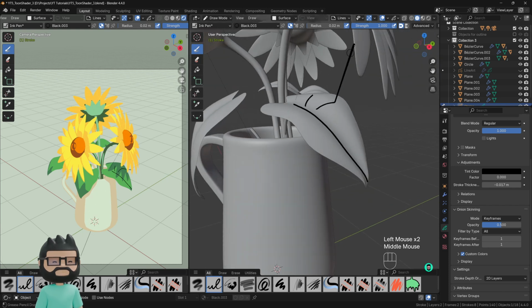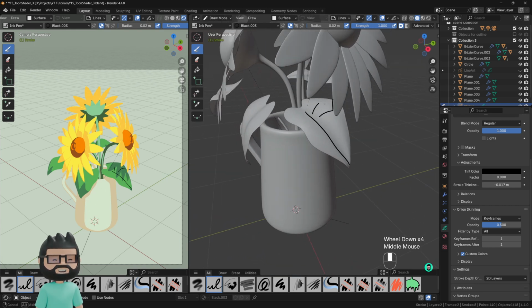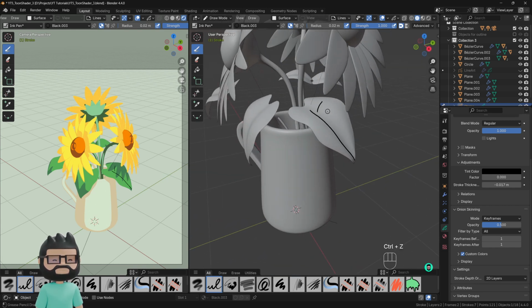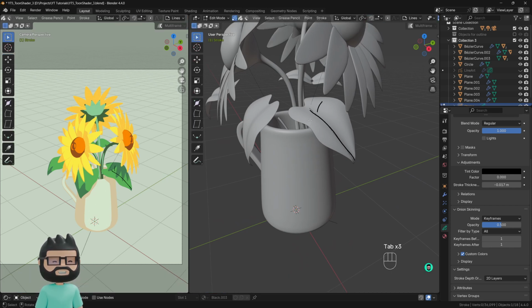Now you'll notice that the flower was in front, so the stroke jumped from here to here. So this is another issue that you'll be facing, but to fix this is simple. You just need to select the objects that you want to draw on and go in the local view,